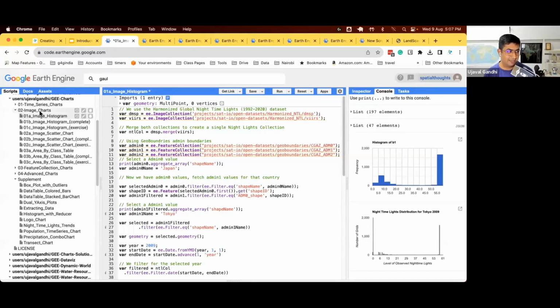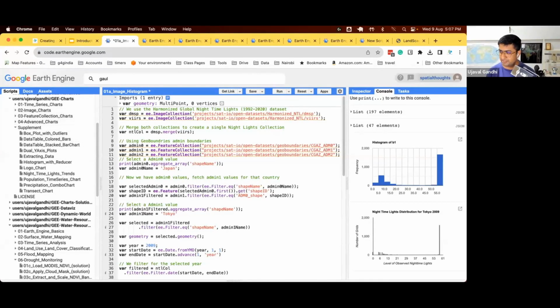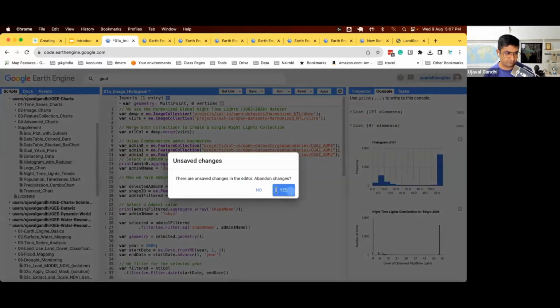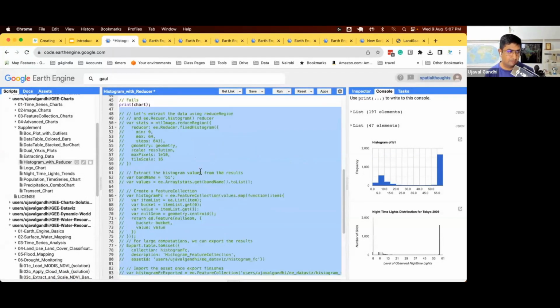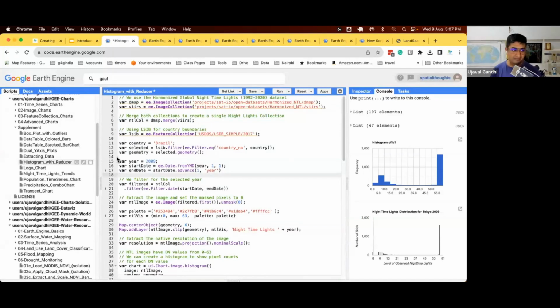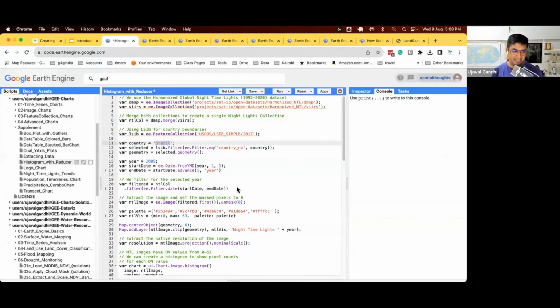So I'm going to show you a script for a supplement here, which is called histogram with reducer. So same code, but we have now changed the geometry to be Brazil. Right? So we'll say, give me this histogram for Brazil. Rest of the code is the same. And when you run this function here,